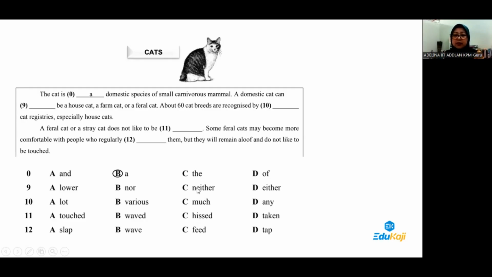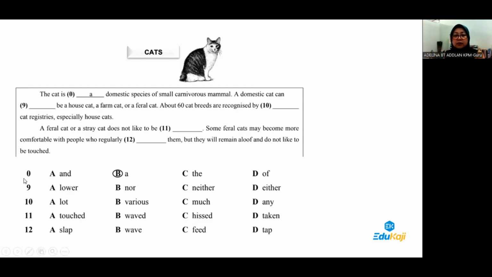Okay, vocabulary and grammar. If you were to ask me, teacher, how many grammar questions will be there? How many vocabulary questions will be there? I can't give you an exact answer because question papers can vary from different states. So sometimes schools will also have some differences. So you basically have to do a lot of practice, a variety of texts, gap text especially.